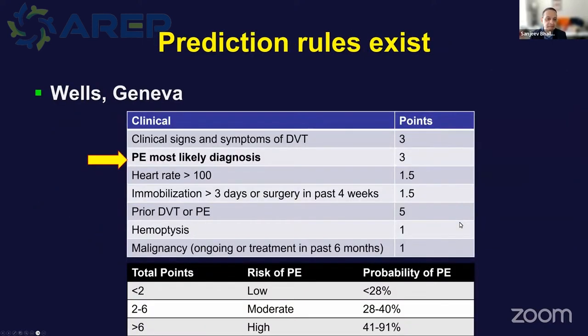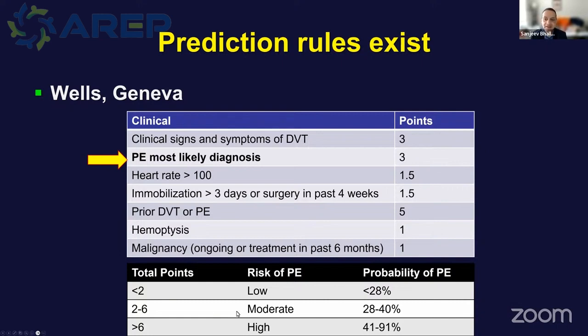And people have talked about using various pretest probability scores. The prediction rules that are out there include the Wells criteria and the Geneva criteria. We tend to use a modified Wells, but you'll notice in the yellow arrow, if the clinical person ordering the study thinks that PE is the most likely diagnosis, you immediately get 3 points, and that puts the risk at